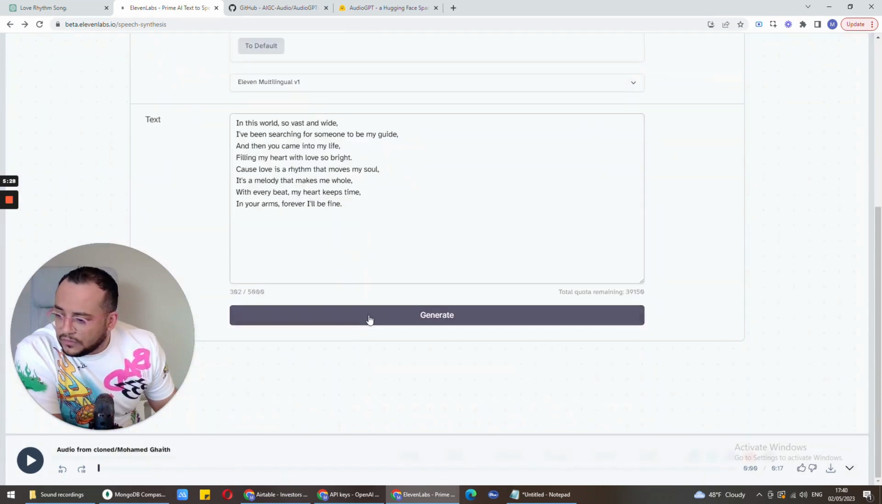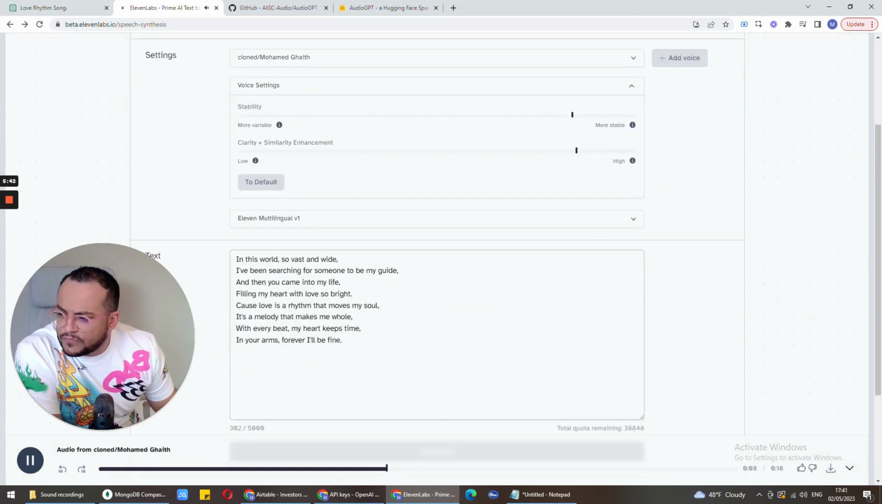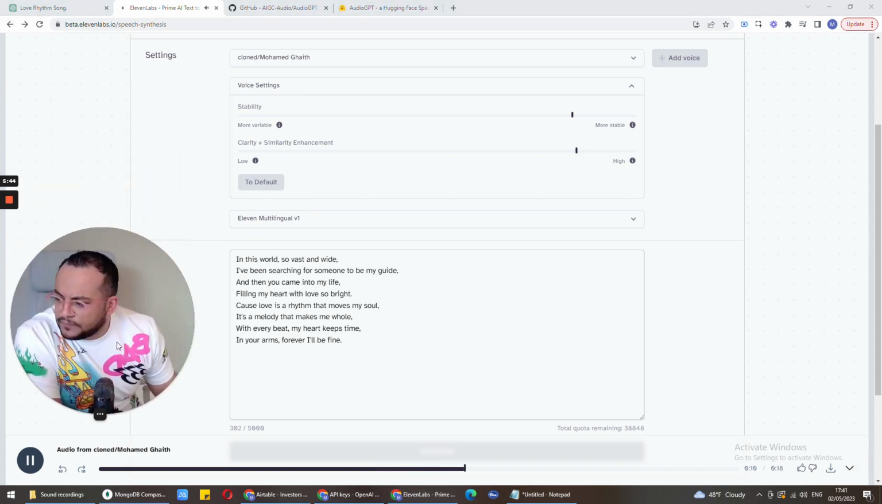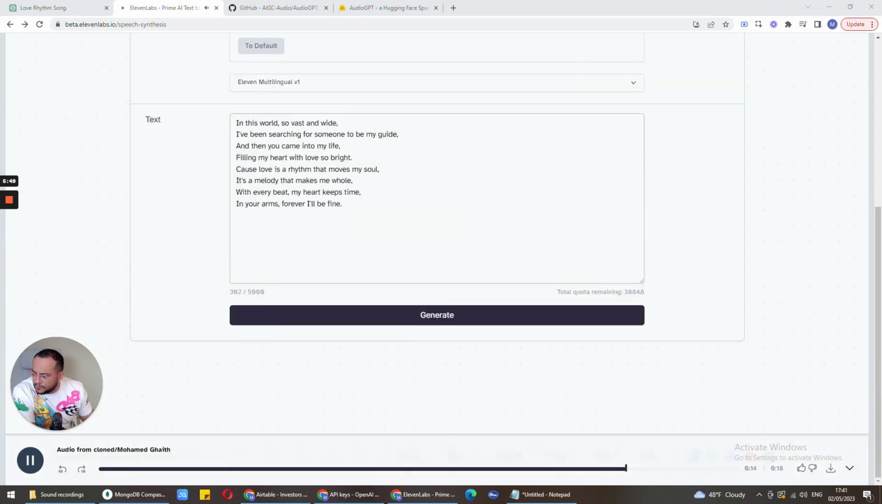Okay, so let's generate. In this world so vast and wide, I've been searching for someone to be my guide. And then you came into my life, filling my heart with love so bright. 'Cause love is a rhythm that moves my soul. It's a melody that makes me whole. With every beat, my heart keeps time. In your arms forever, I'll be fine. Or I'll be